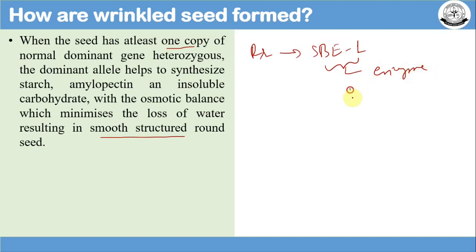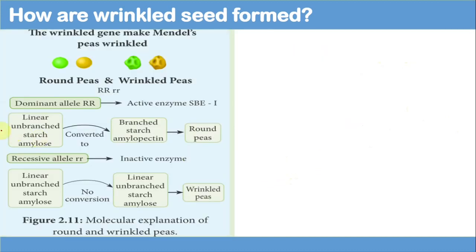ஸோ அதனால இட் ரிட்டைன்ஸ் தி ஸ்மூத் ஷேப். ரைட், ஓகே. ஸோ அதுதான் இங்கே கொடுத்துருக்கு இல்லையா. லீனியர் செயினாக இருக்கிறது பிரான்ச் செயினாக கன்வெர்ட் ஆகும், இந்த என்சைம் SB1 கன்வெர்ட் பண்ணுது. அப்படின்னா ரவுண்ட் சீட் கிடைக்கும். லீனியர் செயின் கன்வெர்ட் ஆகாமல் லீனியர் அன்பிரான்ச்டு ஸ்டார்ச் அமைலோஸாக இருந்துச்சுன்னா அது ரிங்கிள்டாக இருக்கும். சரியா? ஸோ இது சுக்ரோஸ்தான் இல்லையா, சுக்ரோஸாக இருக்கிறதுனால